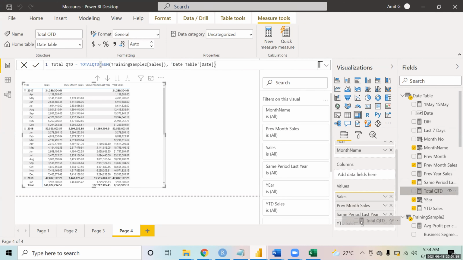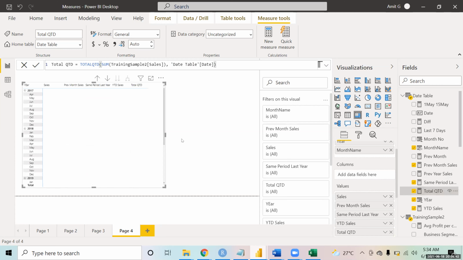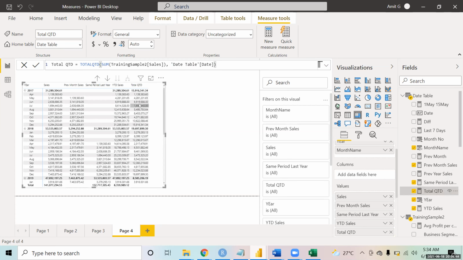You will now notice that after every quarter changes, the number adds up again. You see the months of April, May, June getting added up. The moment the month of July starts, the addition starts again. In July the sale is this, the same as over here, but in August it is added up, in September it is further added up, and the moment the next month, October, comes, it starts adding the number one more time. That is how QTD is working.